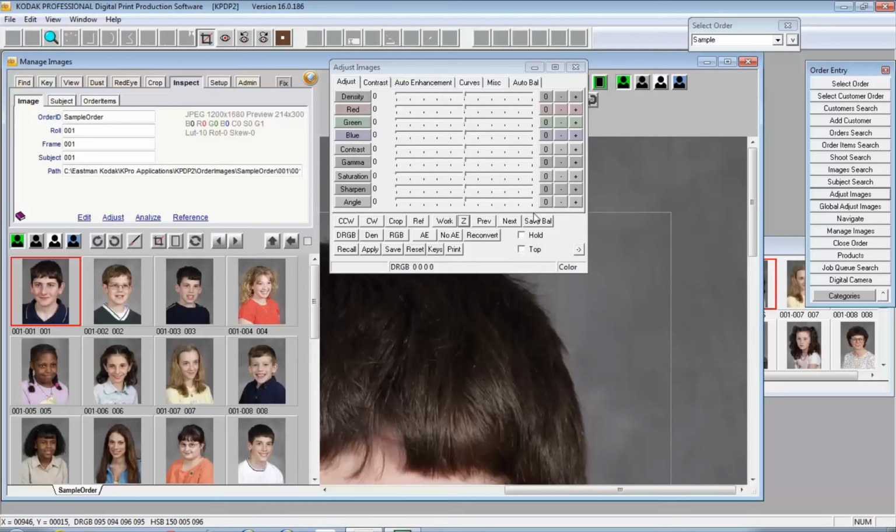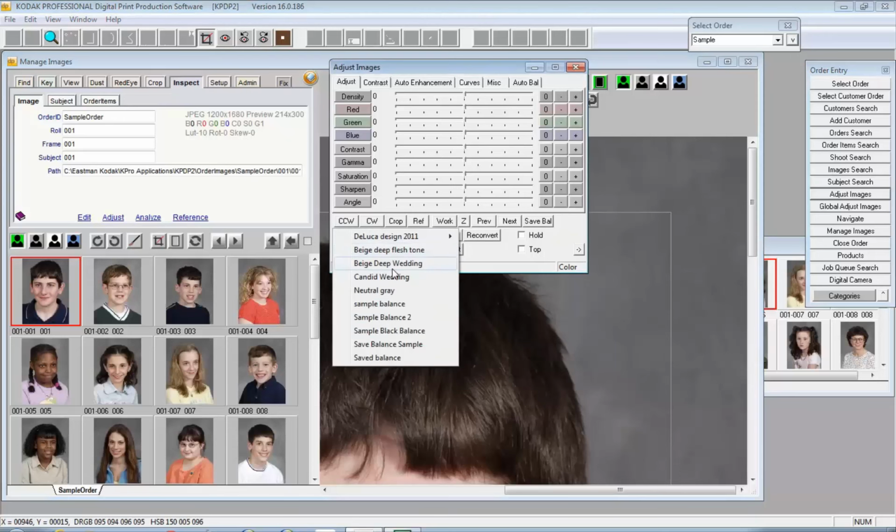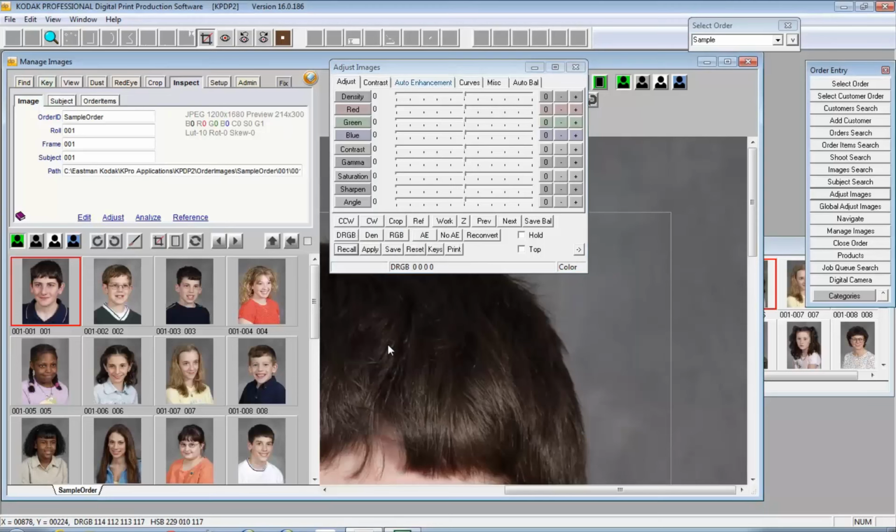In addition, this is where you can save balances, and I mentioned it in the other video on using balance tools, that this is transitory. So if you save a balance, you can recall it and apply it just in the same way you can from the right-click menu. So when we get to the contrast